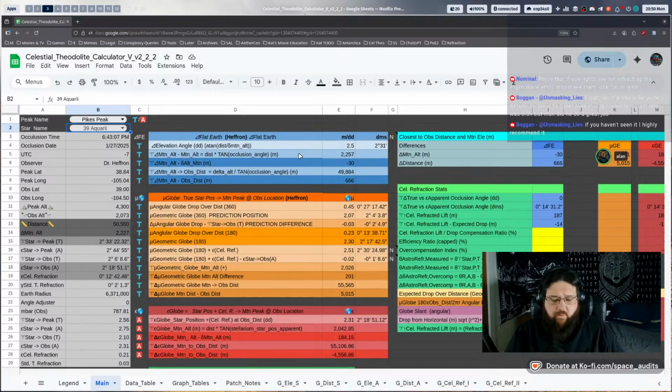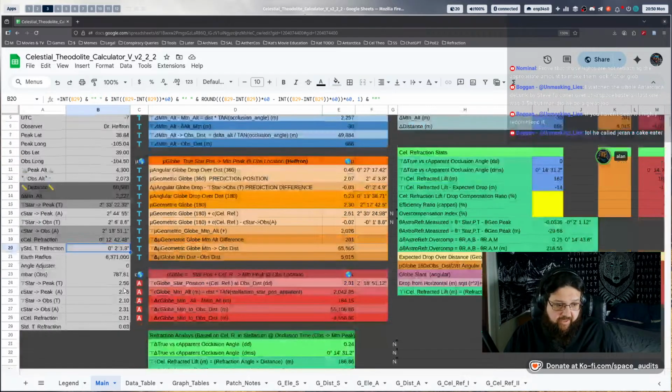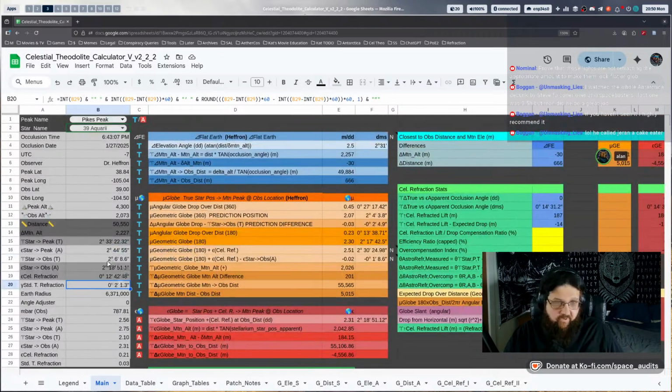Okay, so when we go to derive based off of the occlusion angle, the angle produced by the occlusion ends up being off, because the true rise over run to the peak is 2°31′, but we're off a little bit because of refraction. The actual occlusion happened a little higher than 2°31′, at 2°33′. I think the lowest one that Mike had recorded was 2 degrees and 32 arc minutes, but we often use the first one for the 33.